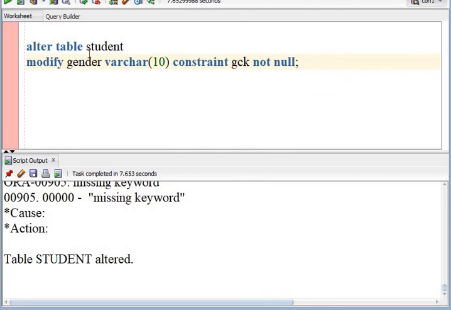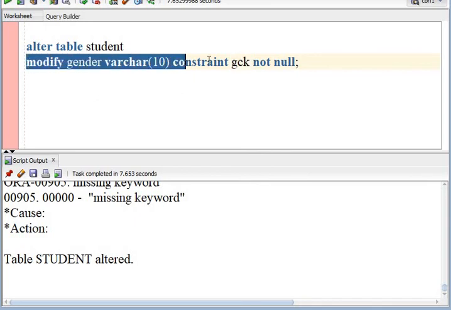If later on I want to drop this constraint, sometimes I want to relax the values that I will be entering in this table. In that case, instead of deleting the column, we may be dropping the constraint that is applied on that column. So let us see how we can drop that constraint. So I know the name of the constraint, that is GCK. I need to alter this table again,